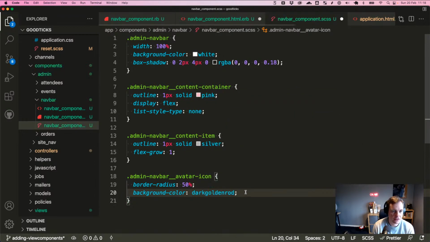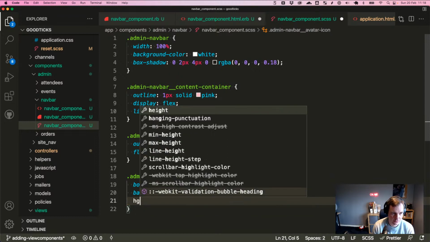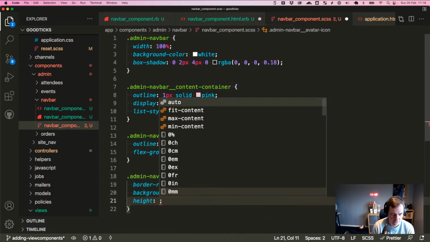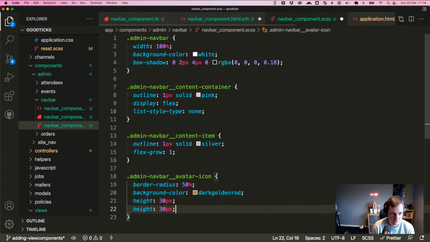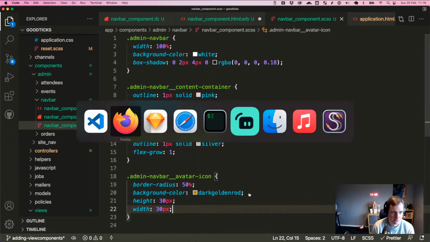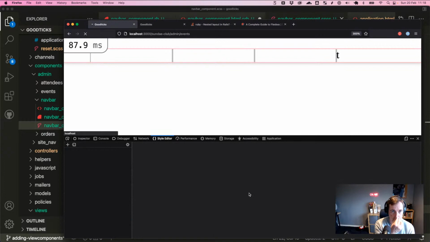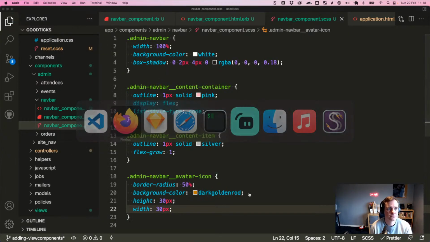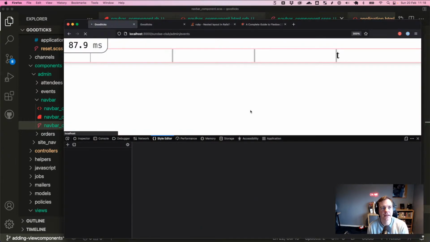It's like a dark goldenrod. And a fixed height and width. Yeah, okay, this is making me more interested in seeing that because there's just nothing happening in our